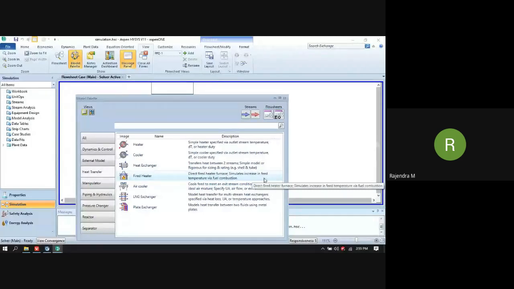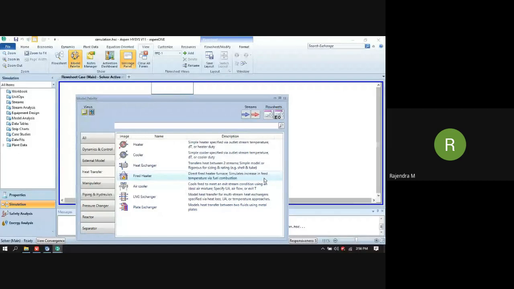When we have direct exposure of the flame to the tubes, the calculation methodology is different. We have to consider radiative heat transfer also. By using this fired heater, you can simulate the temperature via fuel combustion. You can calculate based on the calorific value of the fuel combustion. You have to specify the type of fuel here.